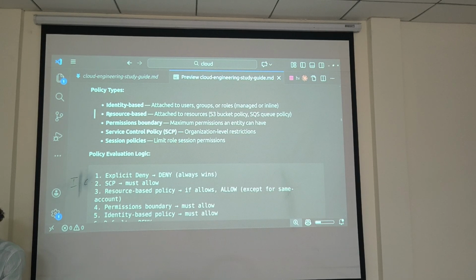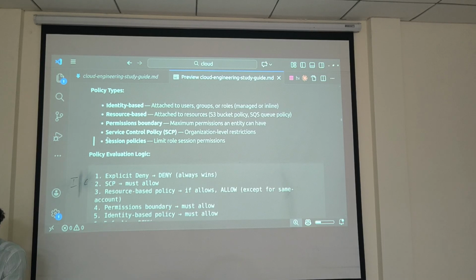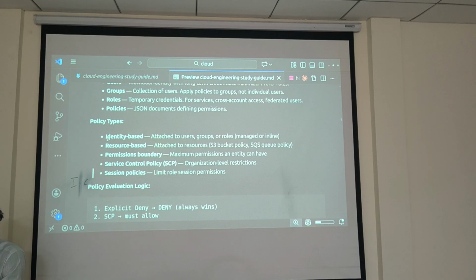So does the cloud also have GRC, governance, risk and compliance? I didn't get it exactly. In SAP we have GRC: if a user has this many roles, there is a risk wherein he can bypass the security patch and do whatever he wants. Like that, you have it in IAM as well, so you can set it up properly. If I give editor access, I can do anything. That is the top level.